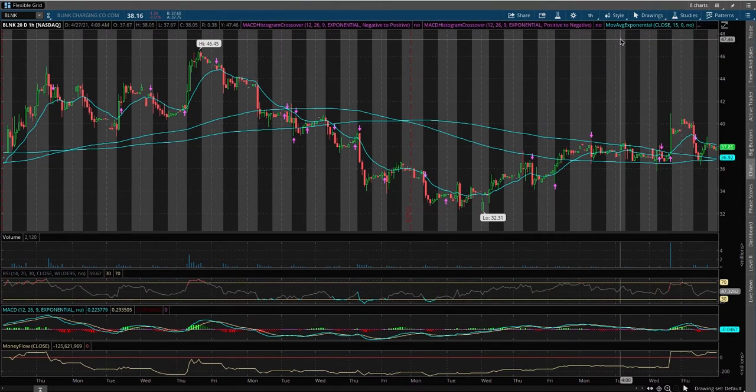You really don't want to see a range like that. But this is the high. I mean, this is the high and this is the low, yeah? So what I like to do is get in as the stock is trading near the low part of its range. So if the stock was trading in this range right here, and then the MACD was about to cross like it did here,